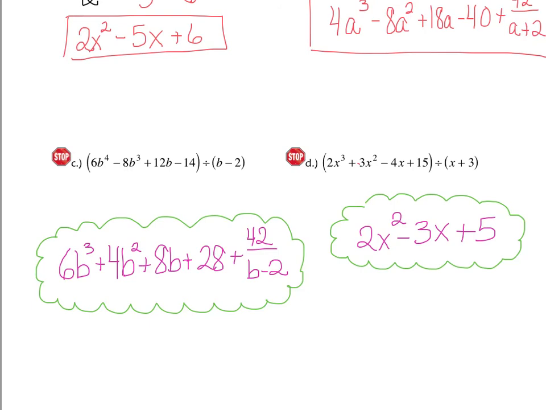So I'll just really quickly tell you that the value for r in this one, because it's a minus 2, remember I told you it's the opposite, so it should be a positive 2. And then here, if it's a plus 3, it should have been a negative 3. Okay, so if you did that